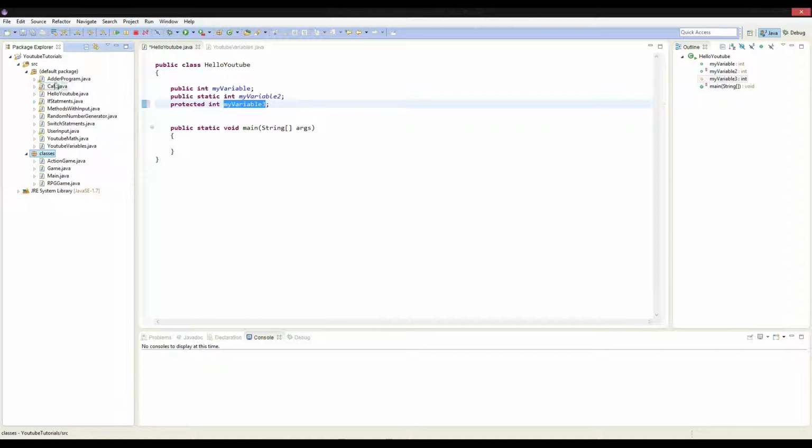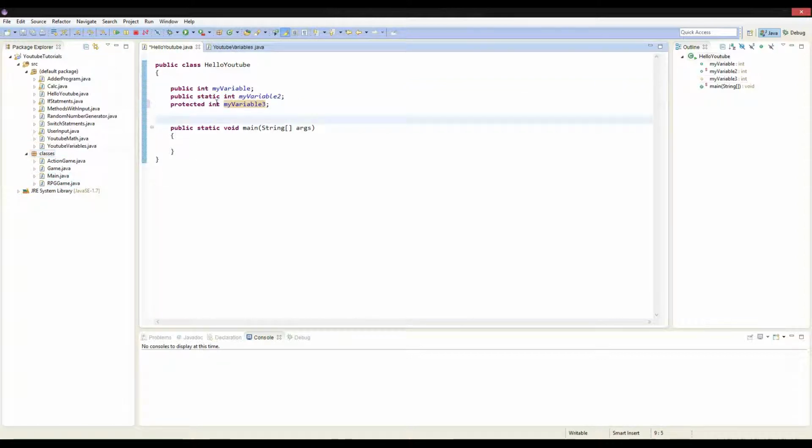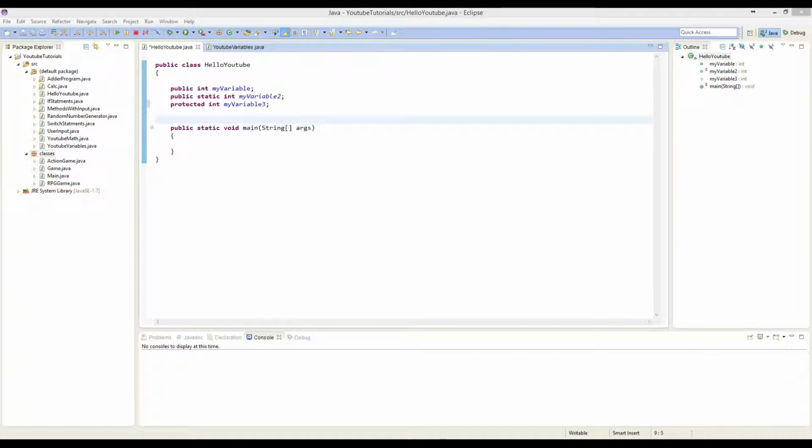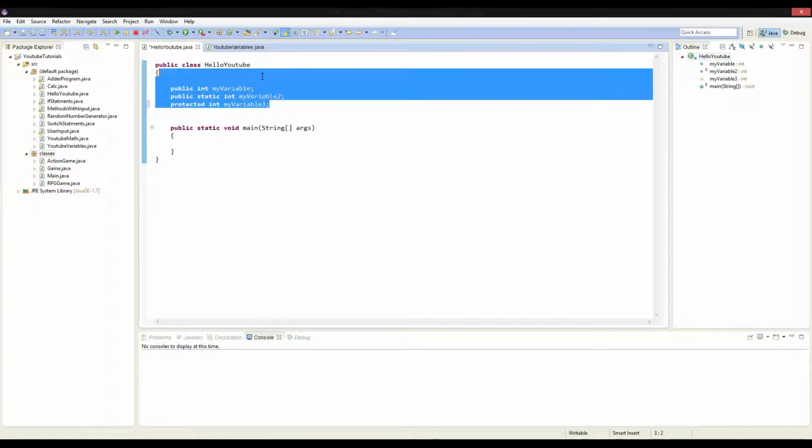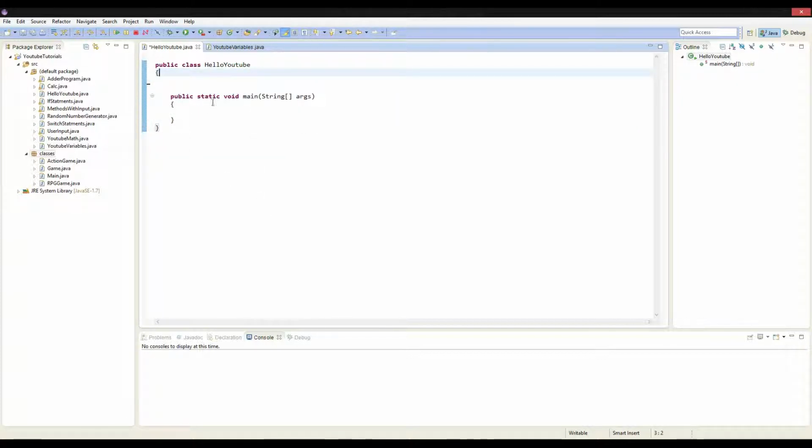So for example, if we made a constructor for hello YouTube, public hello YouTube, and then inside the public hello YouTube we're going to have a public static int test variable is equal to 100. Then we're going to have a public, sorry, public int class variable is equal to 50. Now let's print out our test variable. System.out.println test variable. Now if we run this, it's going to print out 100